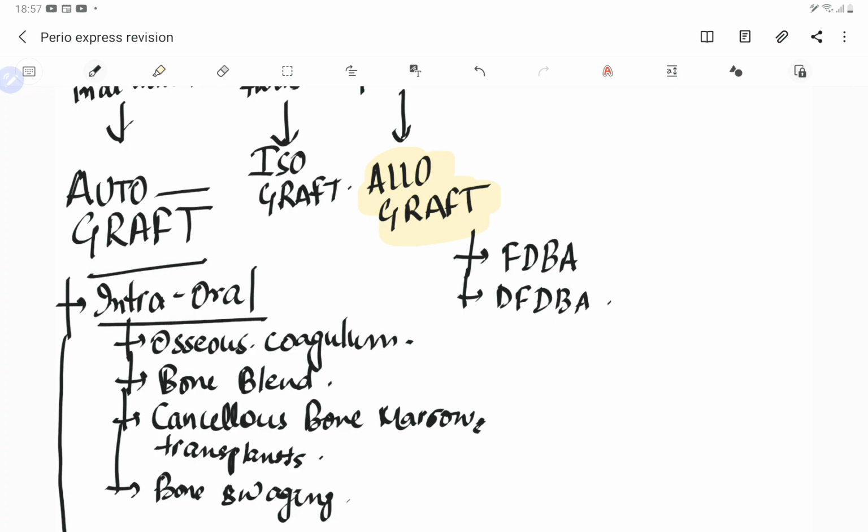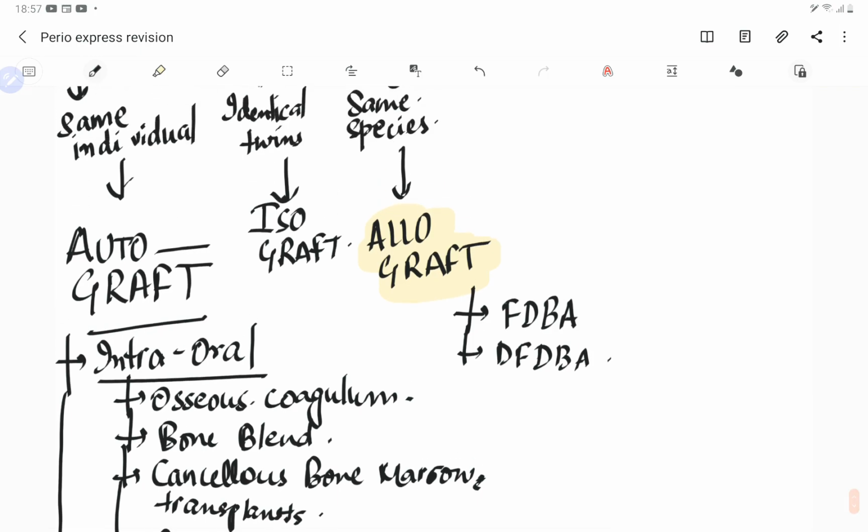So freeze dried bone graft is basically, guys, you are freezing it. You take the cortical bone from a donor, and within 12 hours you have to use this. You remove the fats, so defatting it, cutting the cortical bone into pieces and washing in alcohol, and then you are freeze drying this bone graft. So that is known as freeze dried bone graft, or frozen. In simple words, you are taking a frozen bone.